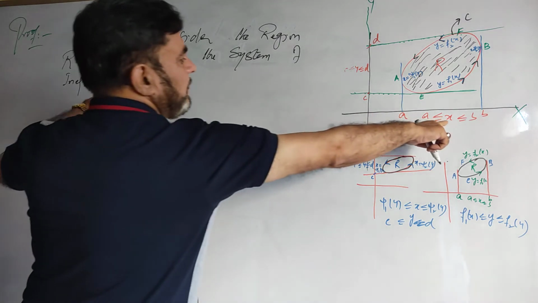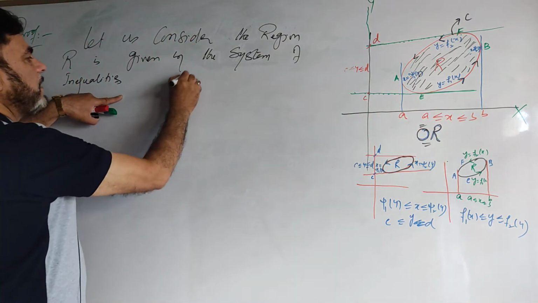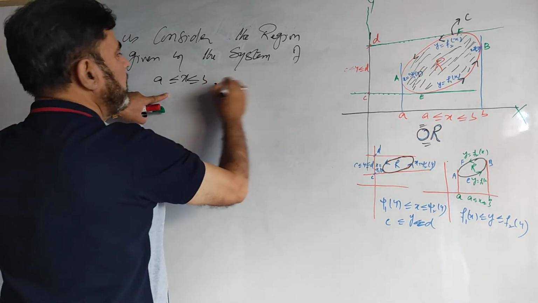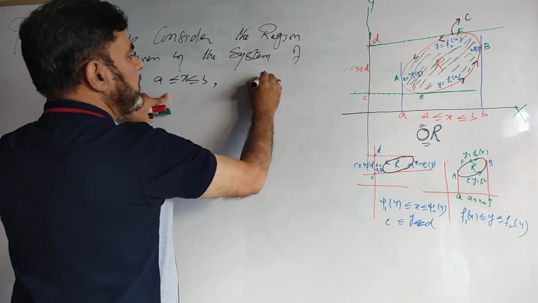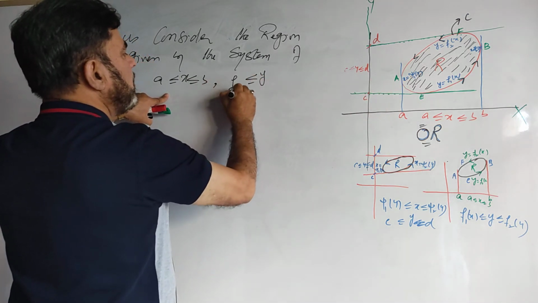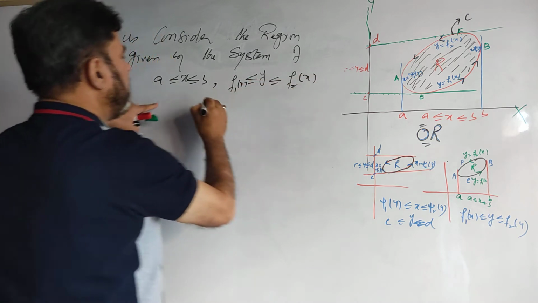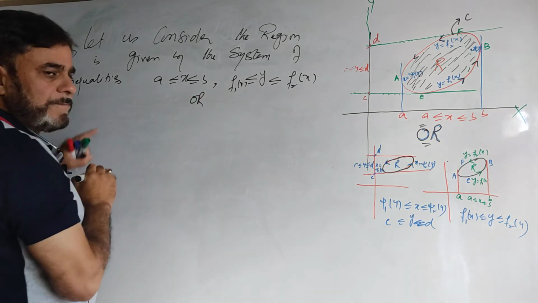It is this inequality. I will first take this: X greater or equal to A, less or equal to B, whenever Y is greater or equal to F1(x), less or equal to F2(x) curve,